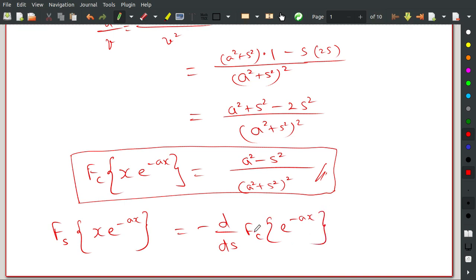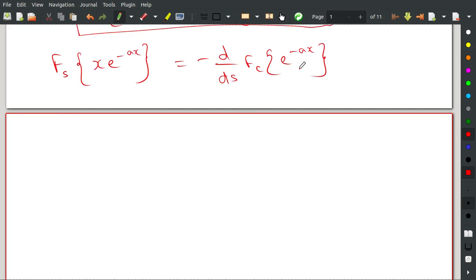And we also know that the Fourier cosine transform of e power minus ax is a divided by a square plus s square. Therefore we have d by ds of a divided by a square plus s square,